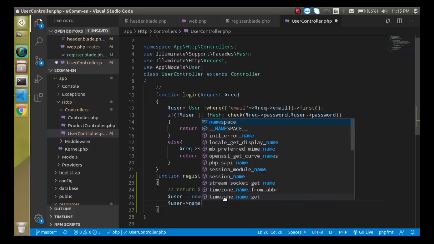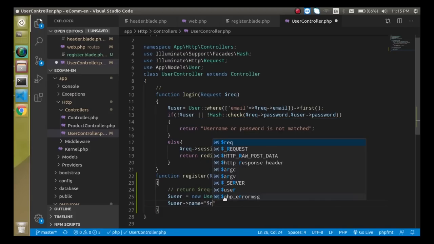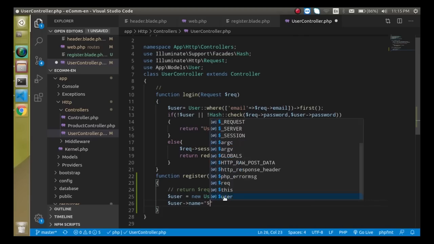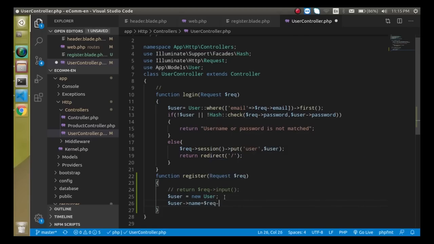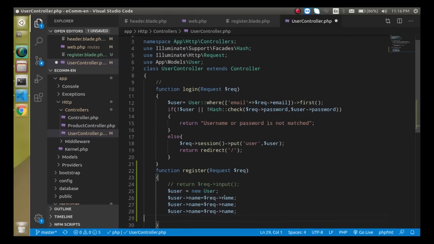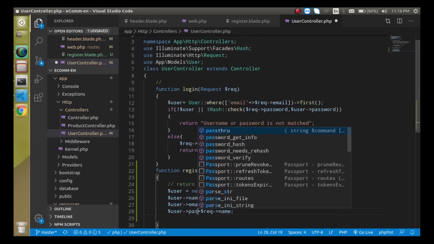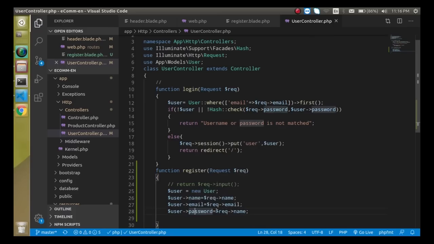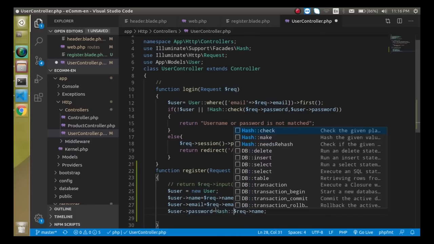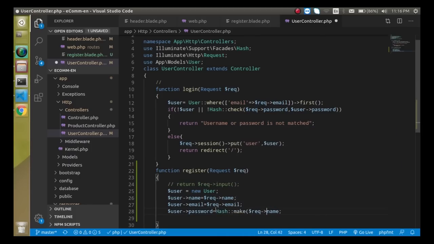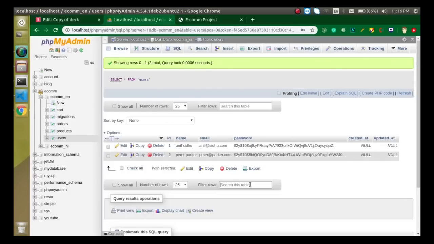name, right? And it will come from the $request, and we can put here a name. Similar for the password and email address, right? So just write here email like this, and at the last, password. And the password we need to encrypt, so we will use this hash method, right? So just simply put here hash colon make. Don't be confused about why we are using it here, because we just need to encrypt this